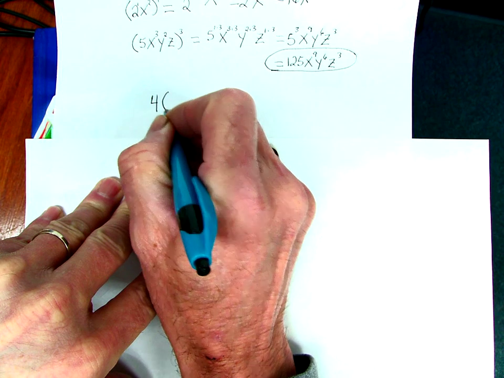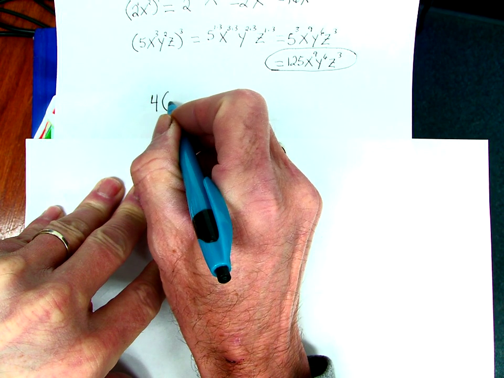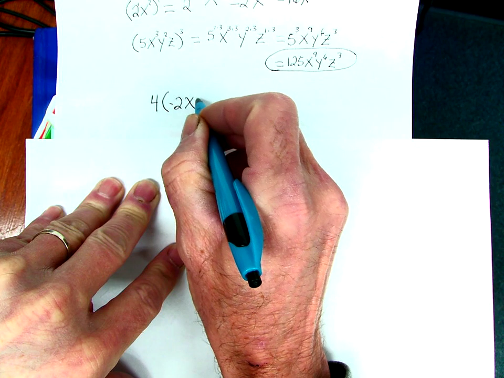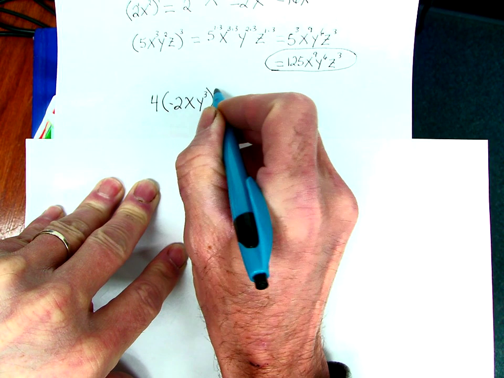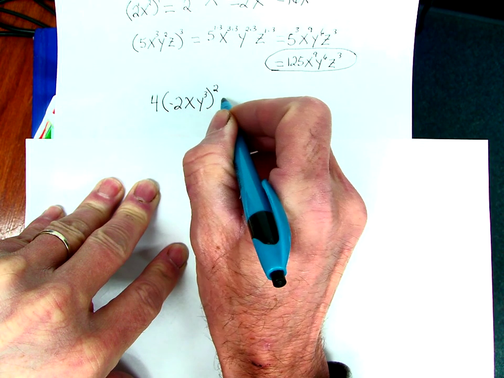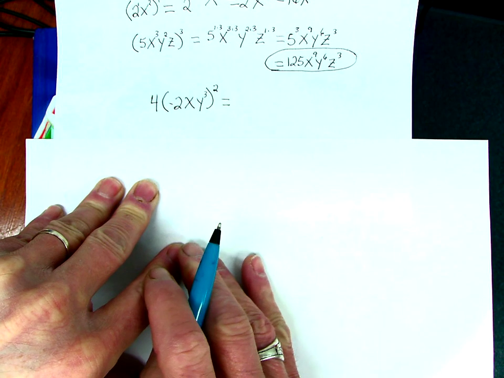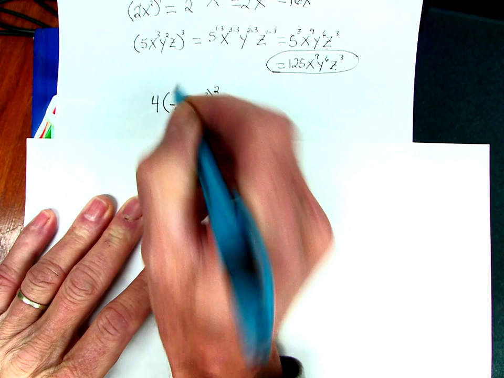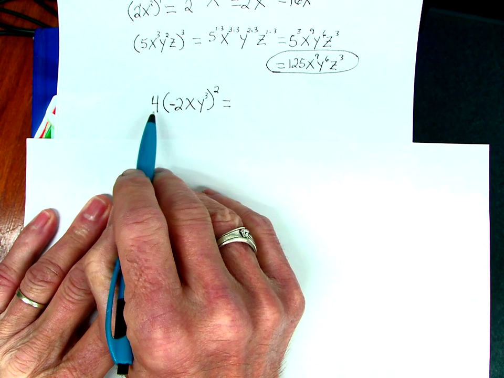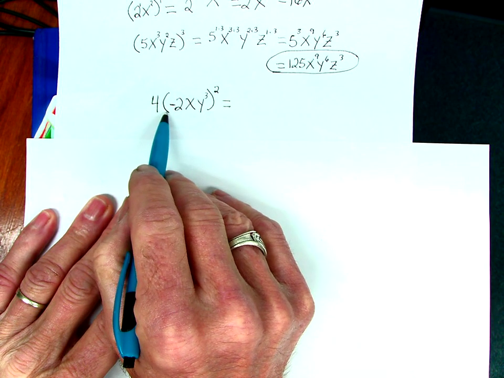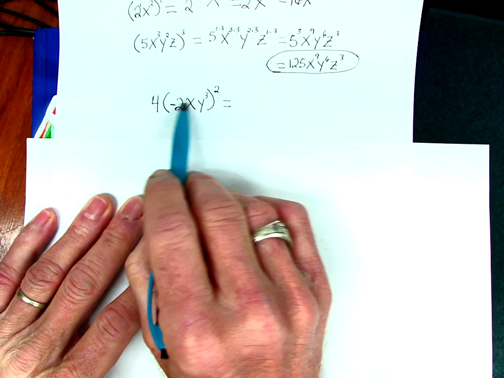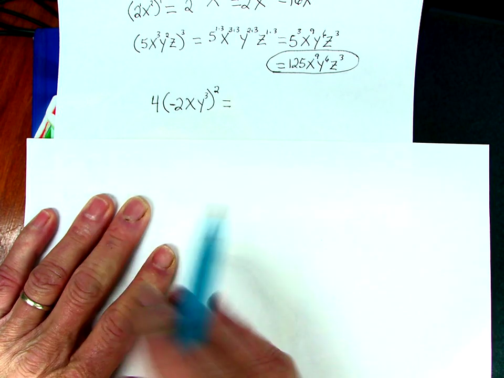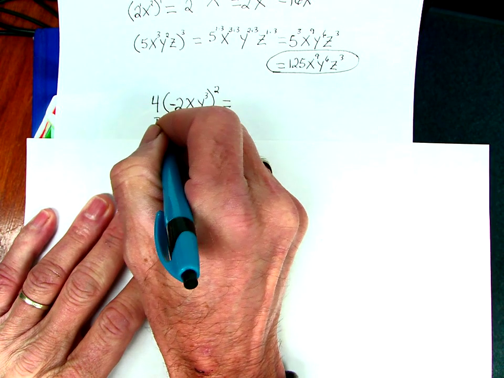4 times negative 2x y to the 3rd, all being raised to the 2nd power. What to do, what to do. Here we have a negative number. We have a coefficient on the outside of the parenthesis. We've got powers on the inside, powers on the outside. Remember, PEMDAS